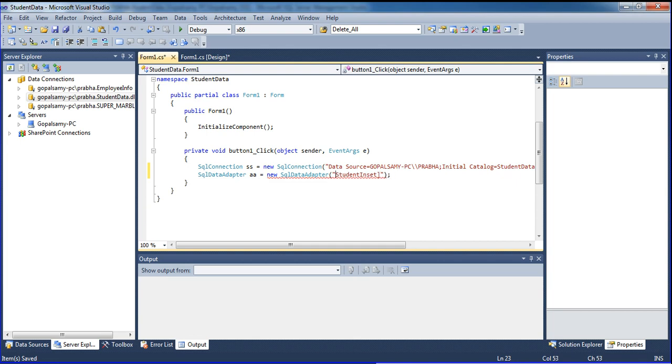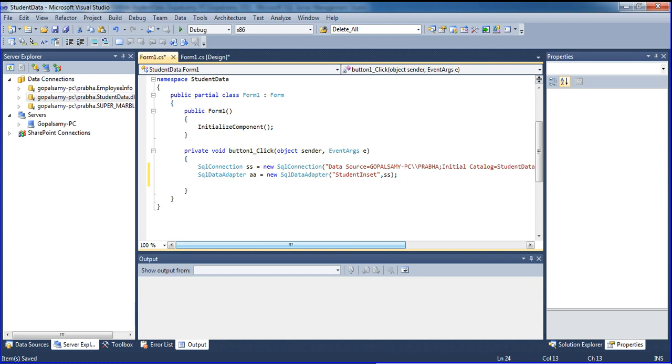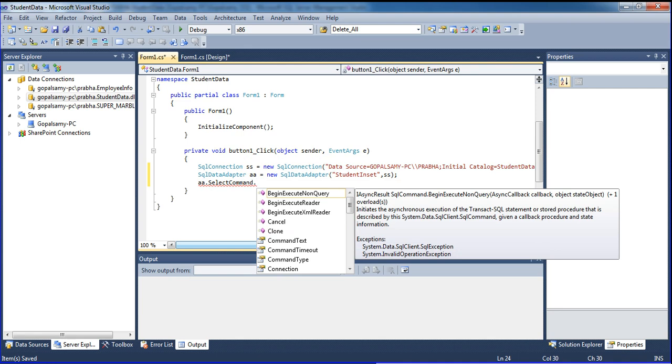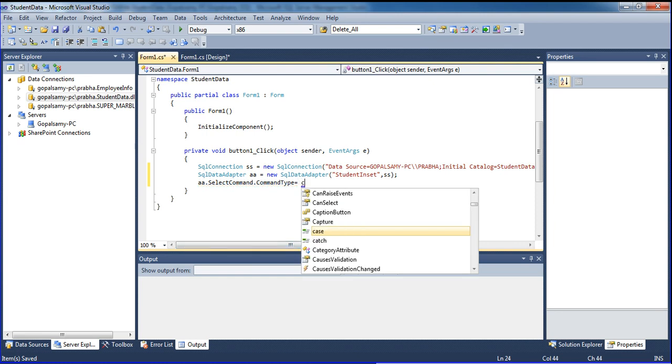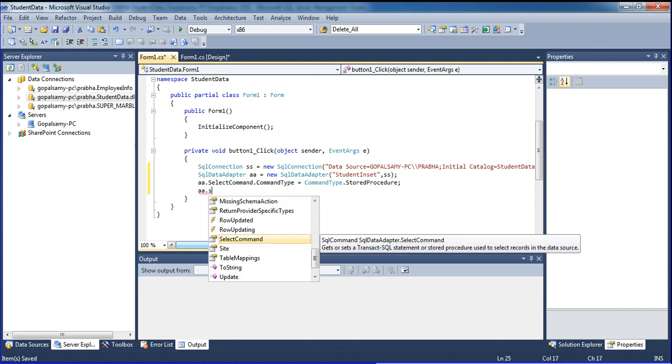So I am going to remove this bracket, the angle bracket we need not, the square bracket. Okay, and then also give a comma, and then what is that connection? SQL connection WS. Okay, fine. Now go to call that AA dot SQL data adapter dot selected command dot command type, equal command type dot store procedure. Why? Because we are using the store procedure, that is the reason I declared the store procedure. Okay, now AA dot select command dot